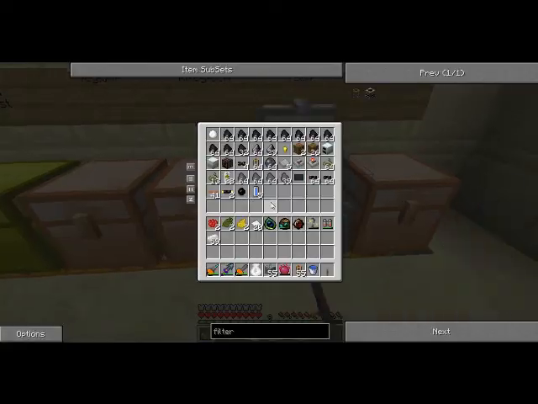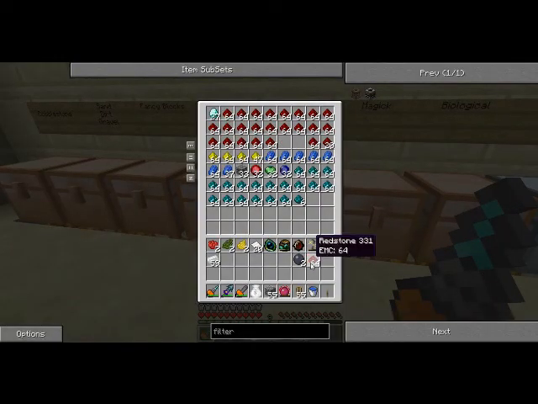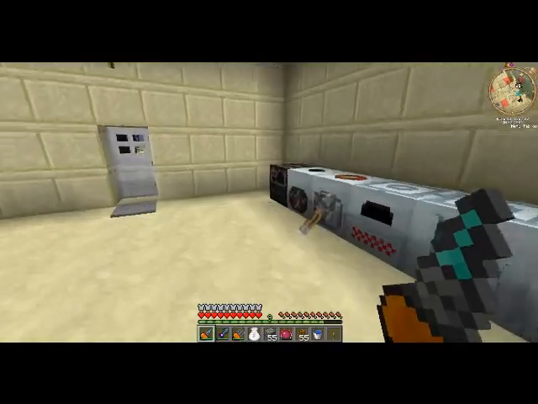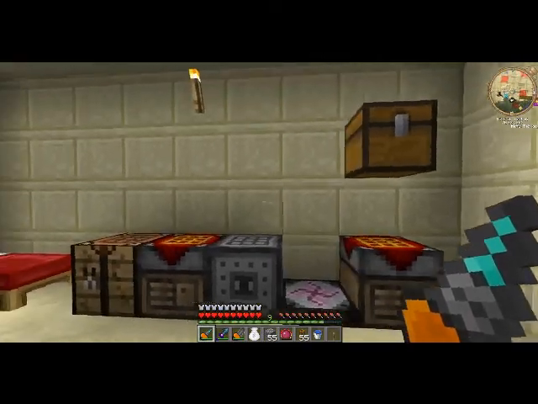Should be in tech. 2 of those silicon wafers. Grab some redstone. We'll resort this. Yep. And we'll just chuck those in there. And that'll cook up like that. Okie dokie. So,